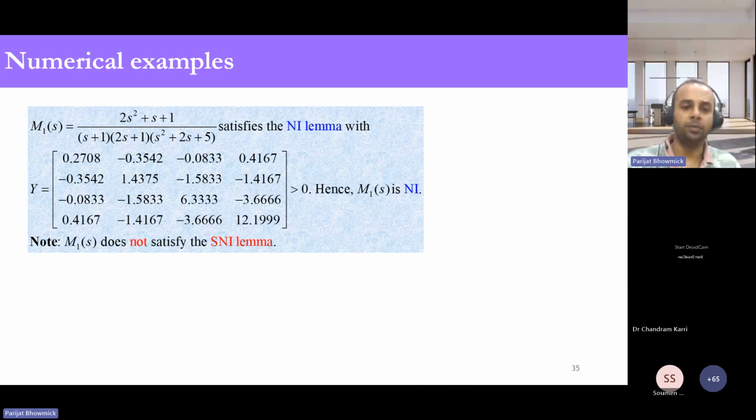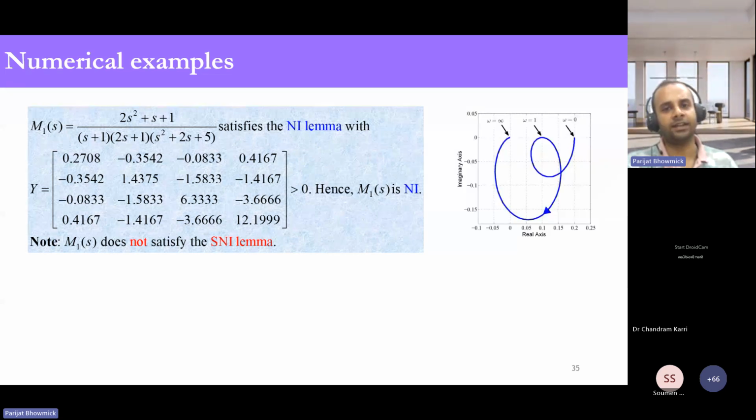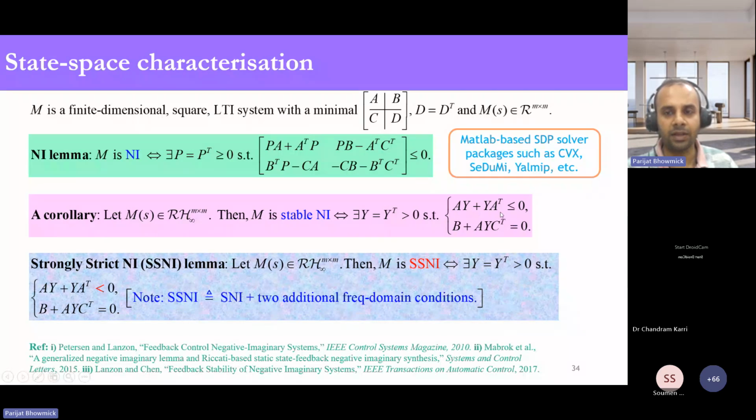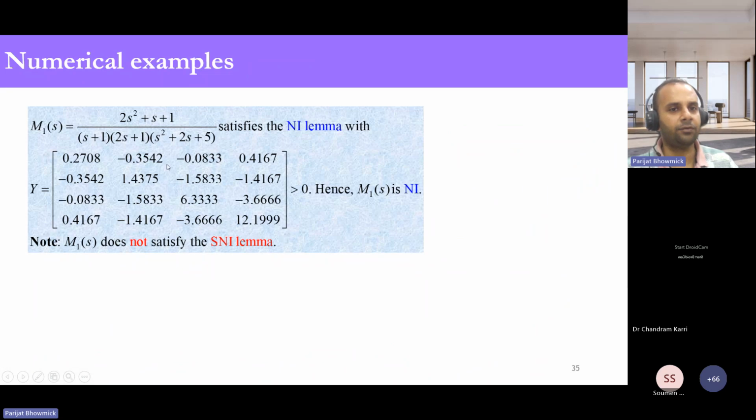I'm just giving two simple examples which I already considered, but now I'm verifying the same examples by this method. So this is the transfer function we have already checked earlier as an NI transfer function, but how do we utilize the lemma to confirm that yes, it's an NI system? There I have applied the second corollary: AY plus YA transpose negative semi-definite and B plus AYC transpose equals 0. For this particular plant, from the transfer function we can easily find out the ABCD, and for that particular ABCD, this Y has been found by using the MATLAB software. So we can conclude that it's an NI system,